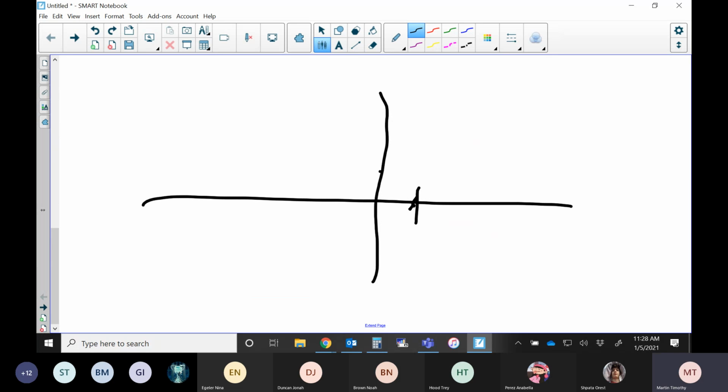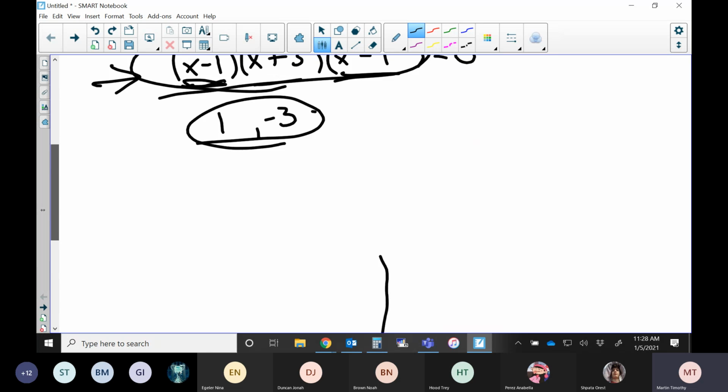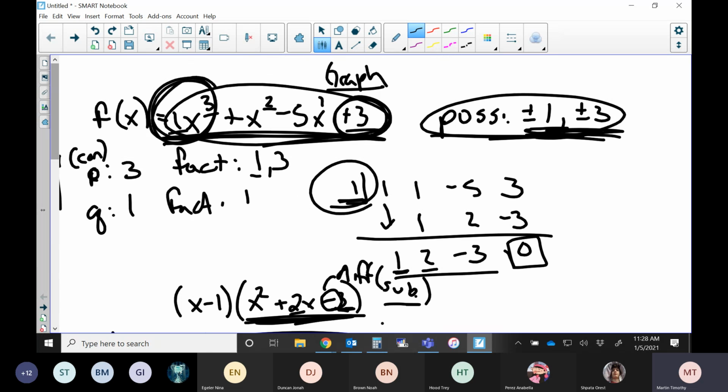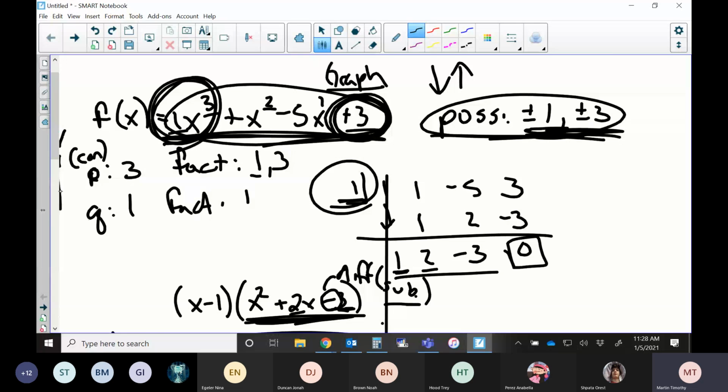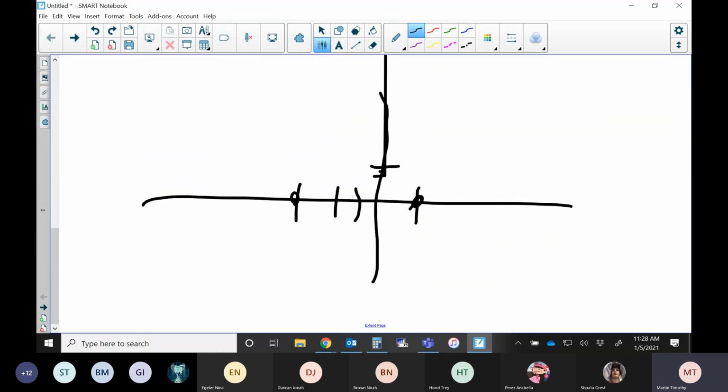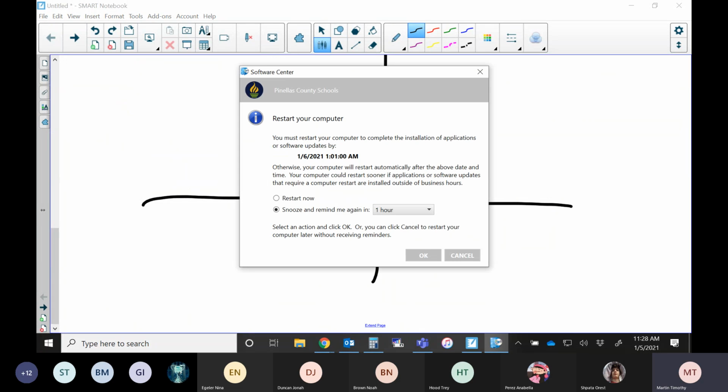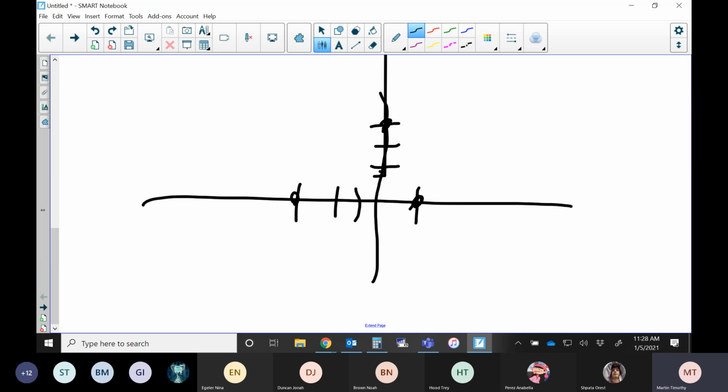So here we go. First thing is 1 was an intercept, 1, 2, 3 was an intercept. Right here, I know that this thing is odd and it's positive, so I know it's down up is my end behavior, and I know my y-intercept is positive 3. So I go 1, 2, 3. And when I try to do this, I might do something like this,